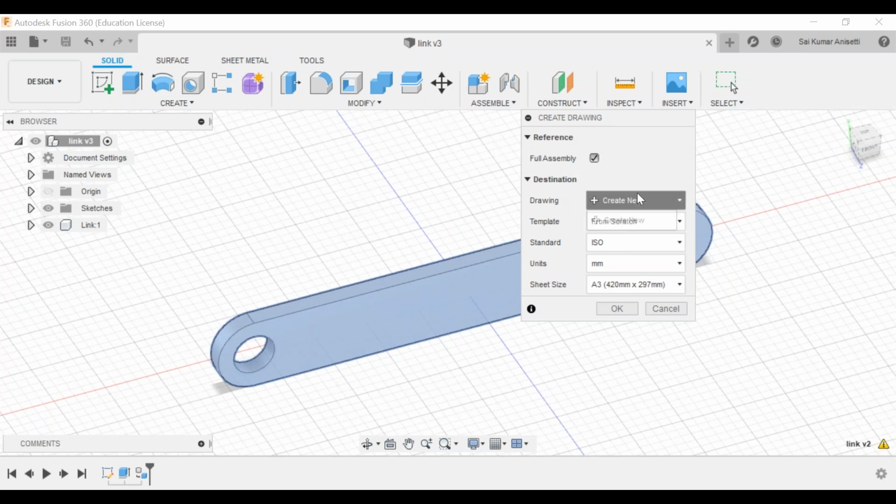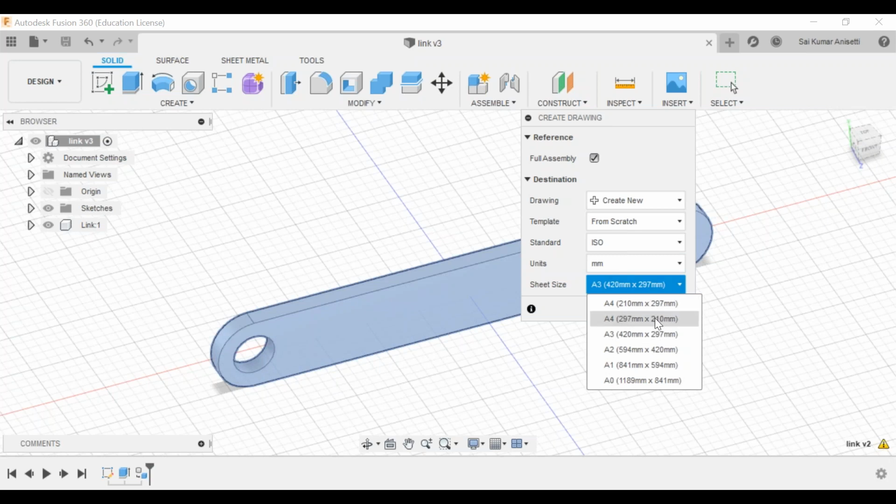So in this part design, go to create new drawing. Okay, from scratch. If you have a template, you can browse your company template and import it. But the default template is necessary. You can go with ASME standard or ISO standard. Generally we'll go with ISO. Units are in inches or mm, always it is in inches.